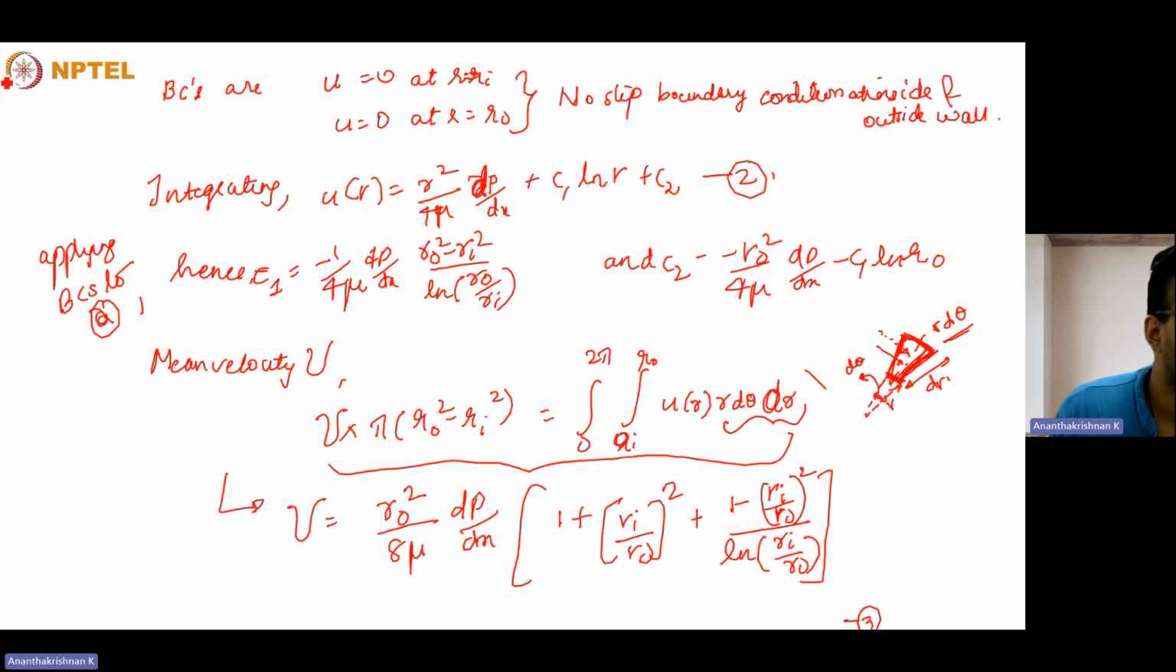So we know the value of the velocity. The velocity is given by equation 2: u_r is equal to r squared by 4 mu, dou p by dou x, plus C1 ln r plus C2. So what we do is that we differentiate in order to calculate the shear stress